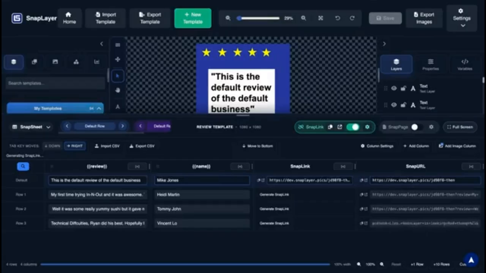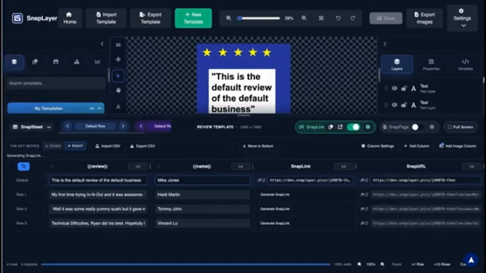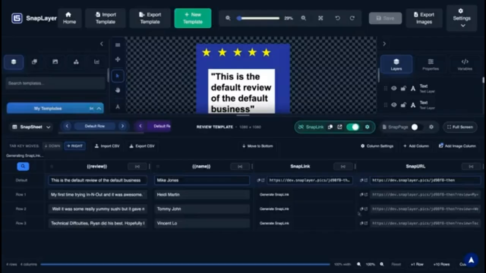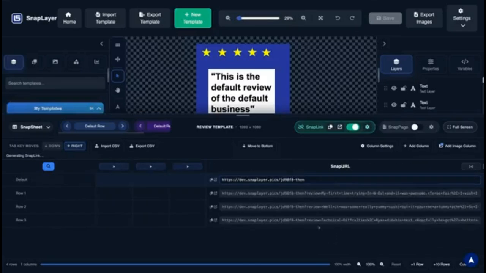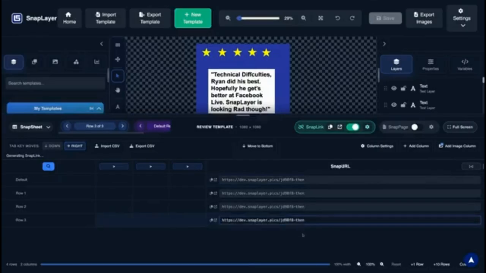So this URL right here is basically what we call a query string. I asked about this in the Facebook community, the SnapLayer community, and I can actually just collapse these down so you can see it better. I asked if anyone knew what these were, and people didn't really know. But the cool thing about this is you can generate a link, and then